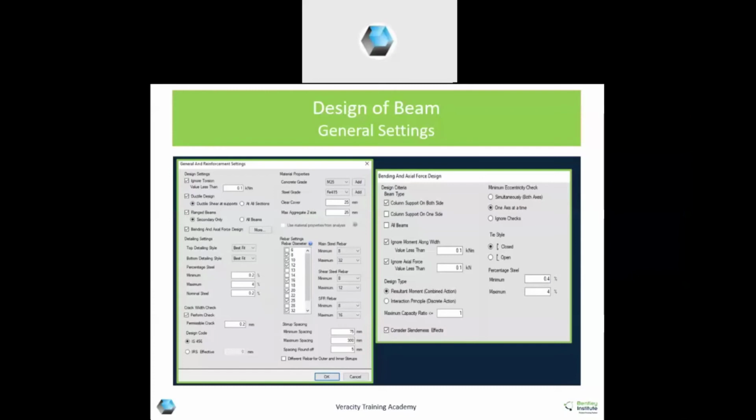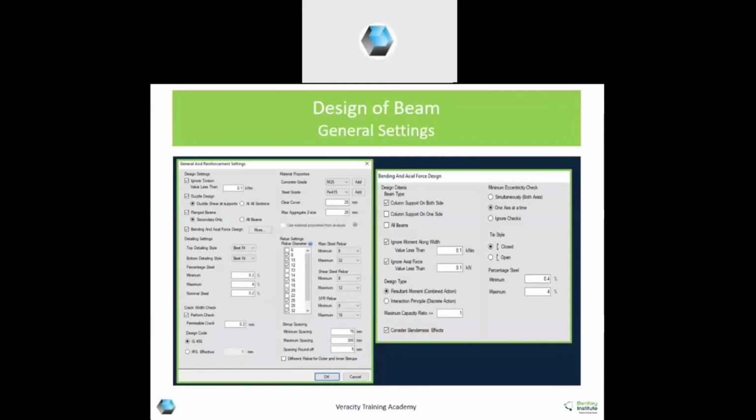Then minimum eccentricity, ignore moments along width. That is a tertiary moment. If you want to ignore that, you can ignore that, because our beams are laterally supporting slabs or some pergolas or something.